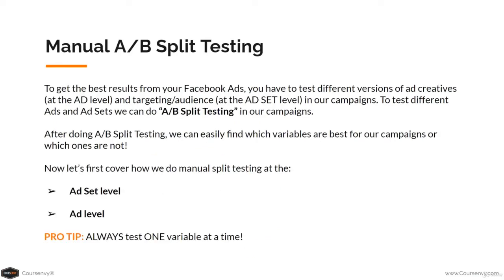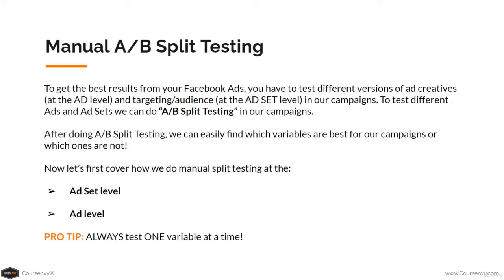To get the best results from your Facebook ads, you have to test different versions of ad creatives at the ad level and test targeting and audience at the ad set level of our campaigns. To test different ads and ad sets, we can do A/B split testing in our campaigns. After doing A/B split testing, we can easily find which variables are best for our campaigns or which ones are